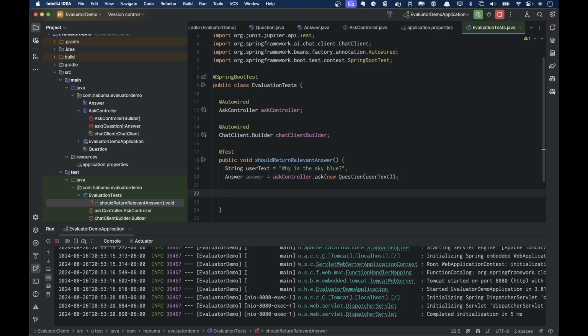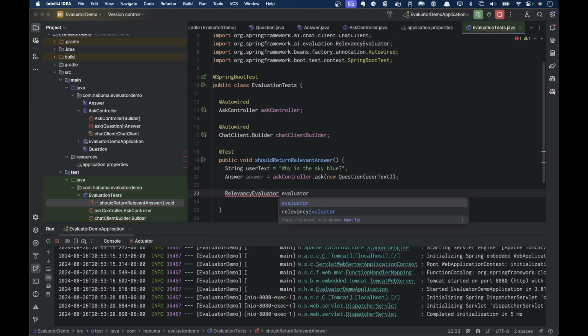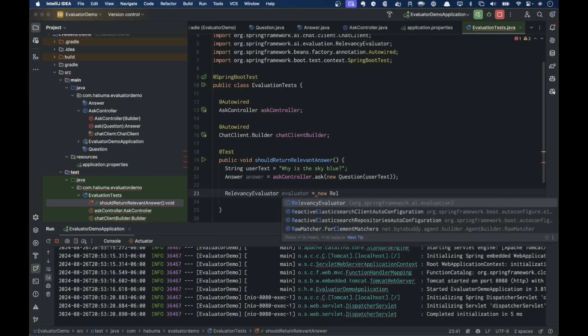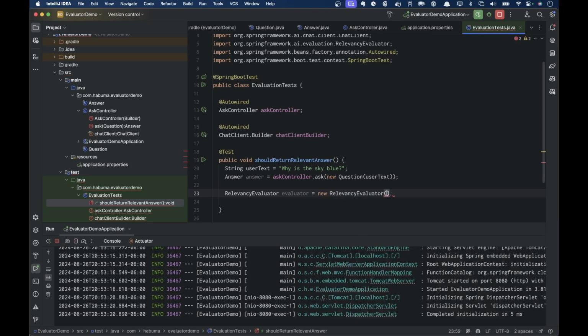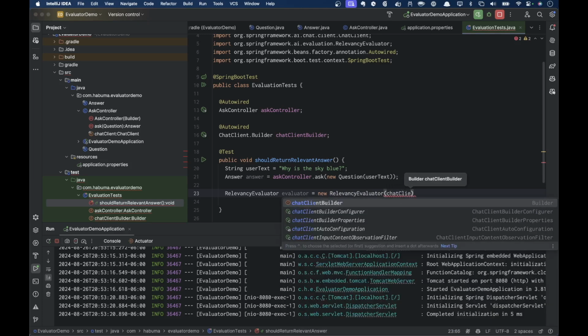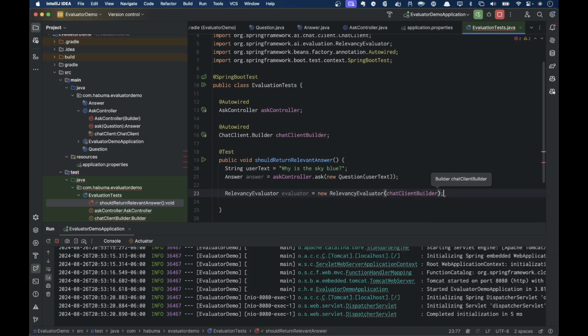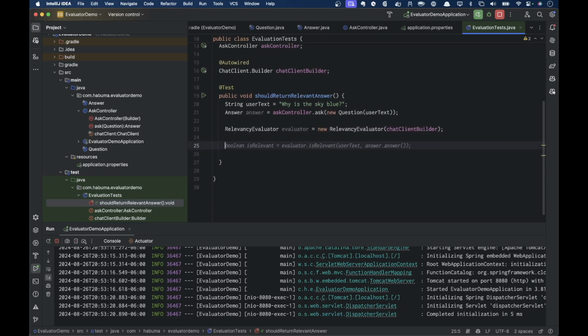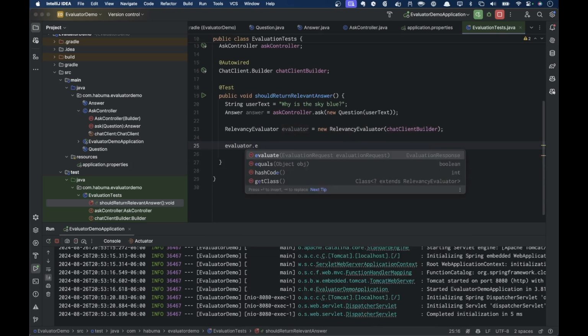Well, let's find out. And to do that, we're going to create a relevancy evaluator. I'm going to just call it evaluator for short. And I'm going to say new RelevancyEvaluator. And this is where that chat client builder comes in. Because under the covers, it's going to create a chat client and use that to ask the LLM itself, is the answer relevant to the question? All right, so here's where we go. Evaluator.evaluate,